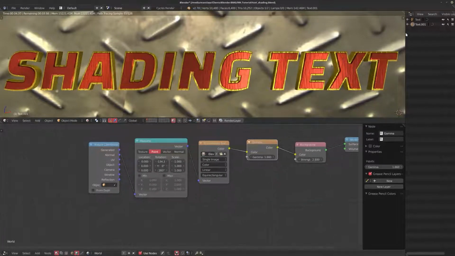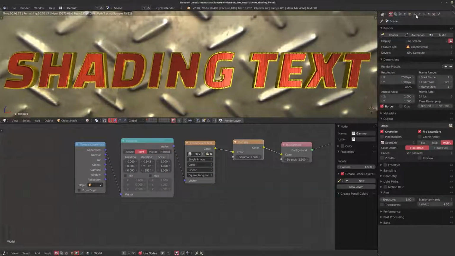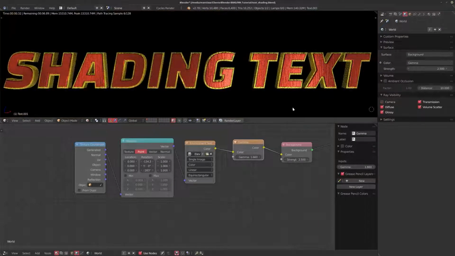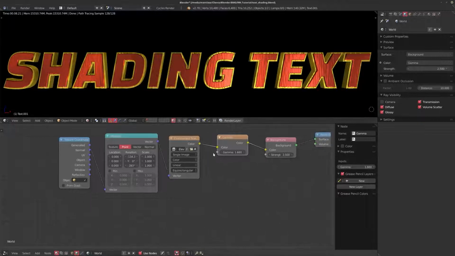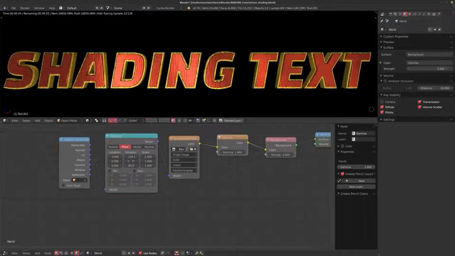Now with that being said, I'm just going to open up my properties window here and go into my world properties. I'm going to set the ray visibility of my background to off basically, and that will remove the visibility of the HDR from your background, but it'll still get all the lighting and all of your shaders will still get all the effects. So that way we can sort of judge it a little bit better. And again, if I show you the Z-axis, if you would animate this, you get really, really cool text.